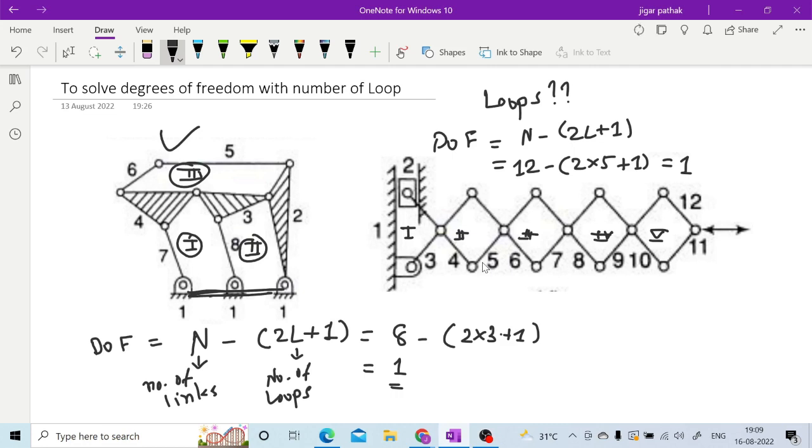Otherwise you can simply calculate the number of links and the number of binary joints and you can calculate the degree of freedom. For that, your equation for degree of freedom is, as we have discussed, 3 into n minus 1